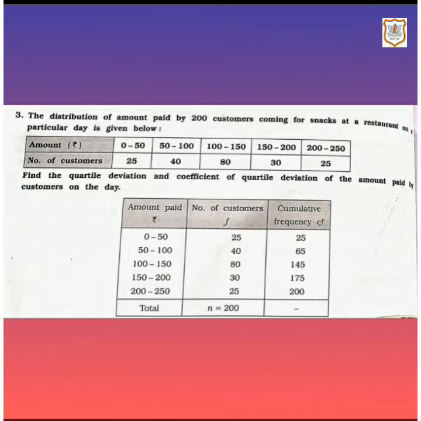In this video, we are going to start sum number 3 from exercise 4.2. In our last video, we completed the sums related to quartile deviation from exercise 4.2, 1 and 2 sum, that was of ungrouped data and discrete data. Sum number 3 is of continuous frequency distribution. As you can see here, the classes are given. As classes are given, it's a continuous frequency distribution sum.